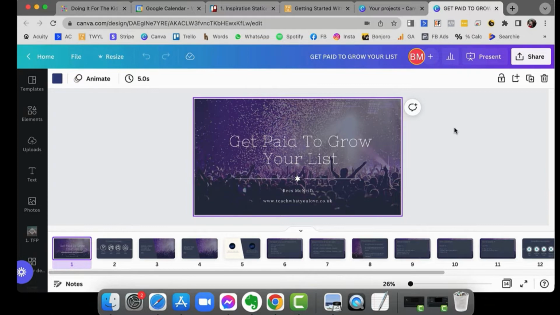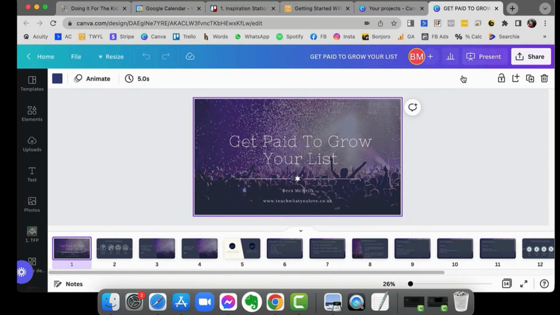One of the easiest things is if you are a Canva user, and perhaps you're a Canva Pro user, you can do it in Canva. So you don't even need to download all your slides and all of that nonsense. So you can just literally present from the screen and record at the same time. Now, Canva uses Loom, so you might already be able to use Loom as well. You might have that as an option. But if you don't want to then download your stuff out of Canva, you can just do it within Canva